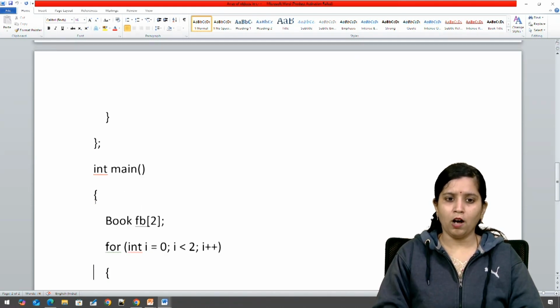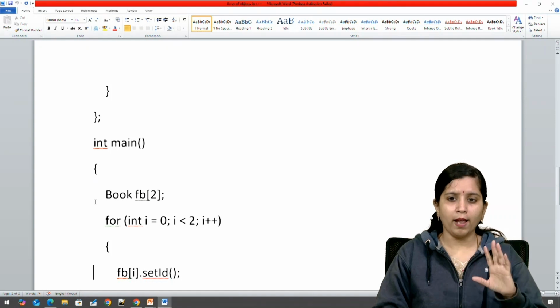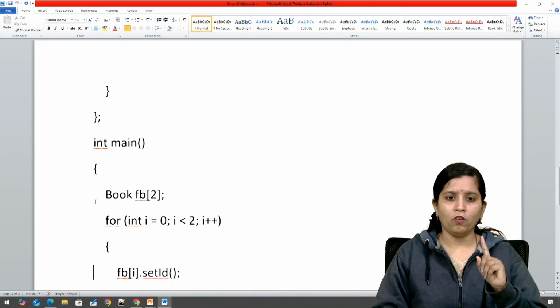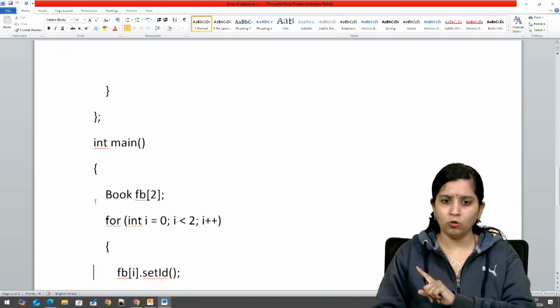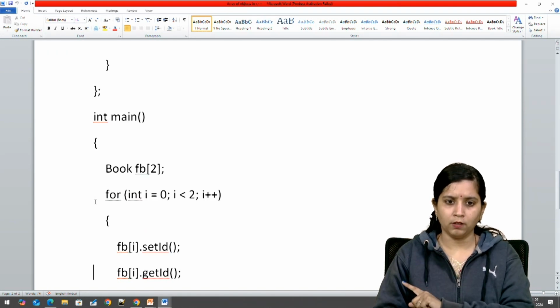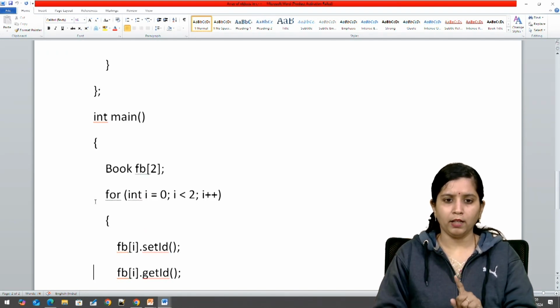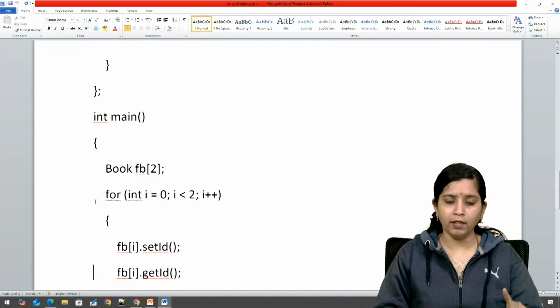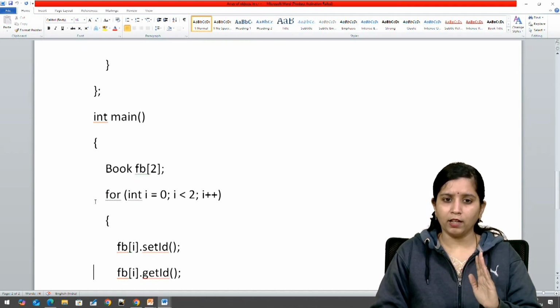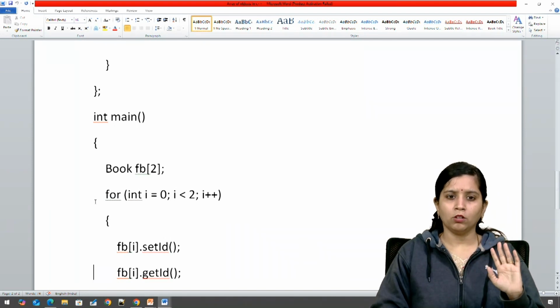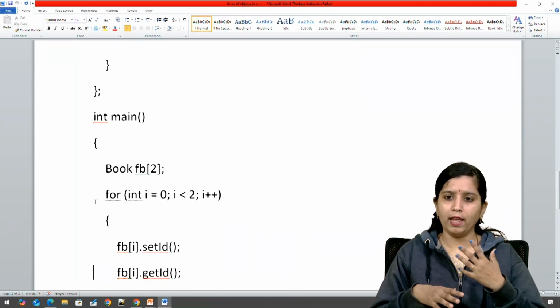As you know how an array works, for int i is equal to 0, i is less than 2, and i plus plus. And inside, I have simply done fb[i].set id, fb[i].get id. Over here, why have I taken i equal to 0? I hope now you get the idea of how an array works.